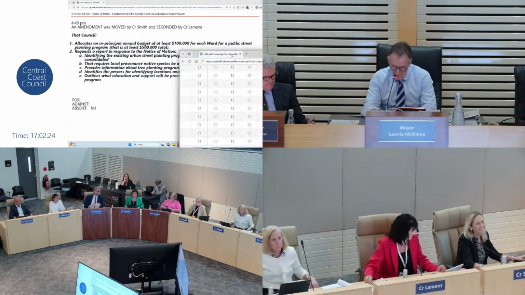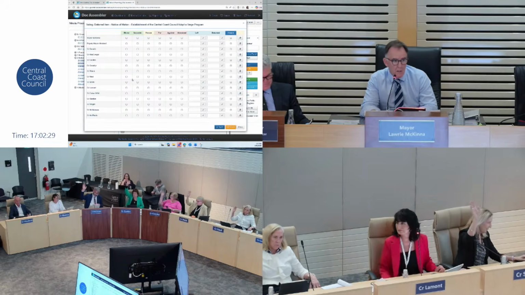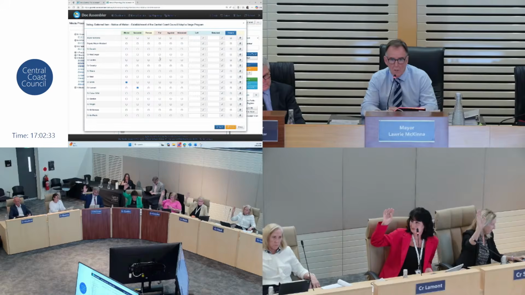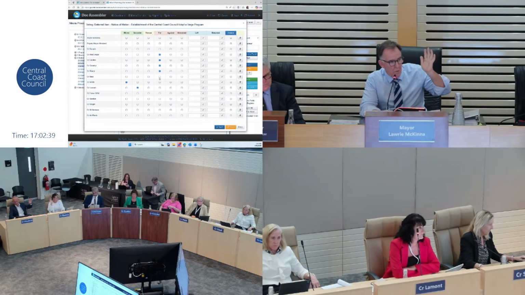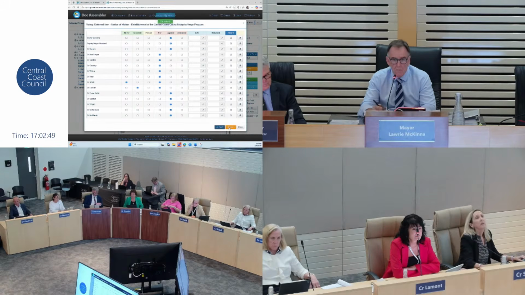It's now the amendment. So Councillor Smith, Councillor Lamont, all those in favour? Councillor McGregor, Councillor Castles, Councillor Crowley, Councillor Walsh, Councillor Neal, Councillor Lamont, Councillor Smith. All those against? Councillor McKenna, Councillor Moreland, Councillor Daniels, Councillor Eaton, Councillor Stanton, Councillor Wright, Councillor McNamara, Councillor McQuaid. The amended motion of Smith and Lamont is voted down.